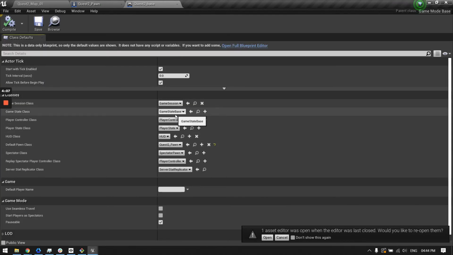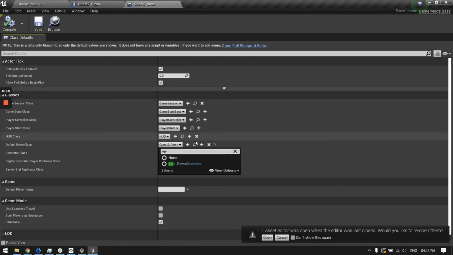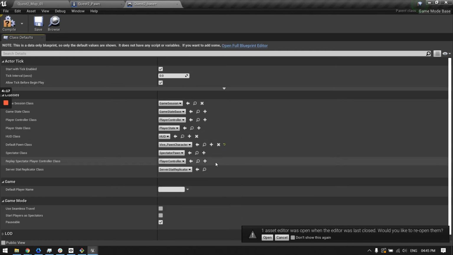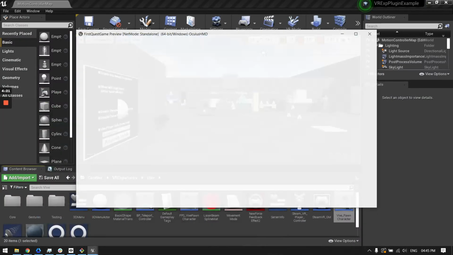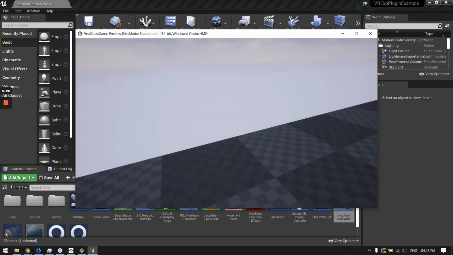What we'll do next is change the pawn class to use the pawn which we inherited from the other project. After changing this, if I just go ahead and hit play, you'll see that it won't work fine.